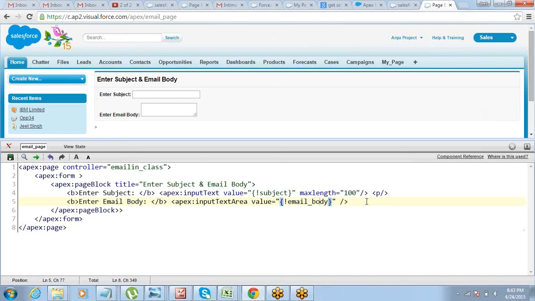The reason is, even if the component name is correct, if the cases of the letters are not exactly the way they should be, then you don't get that IntelliSense help. So that's a bit of a challenge. If you're not getting it, it means the case is not proper. Though I've told you earlier also, Visual Force, Apex, everything is case insensitive, but this IntelliSense somehow does not work with that. So that is a problem.